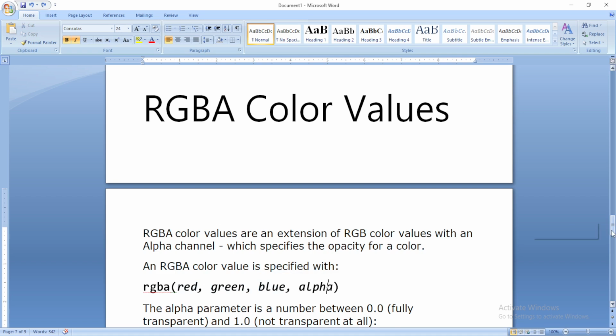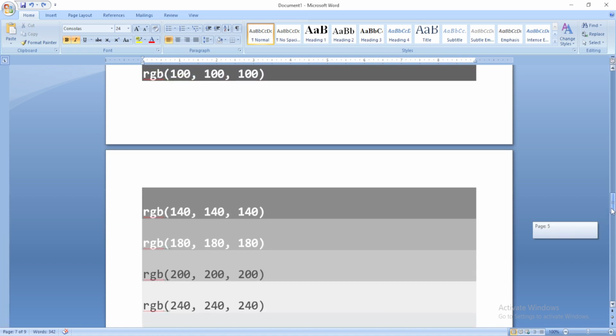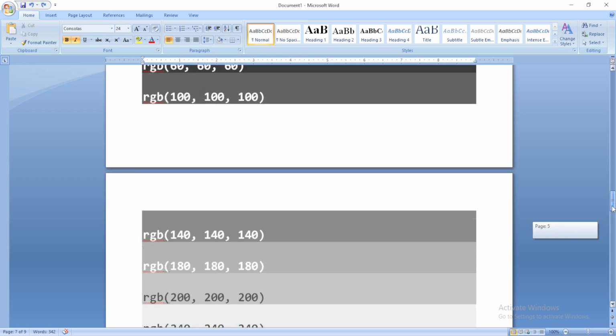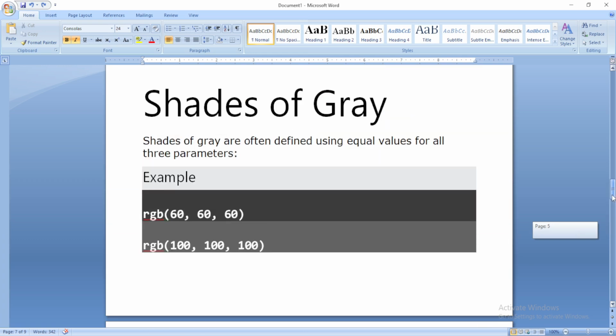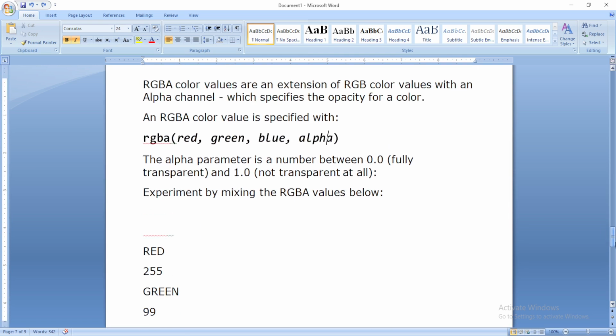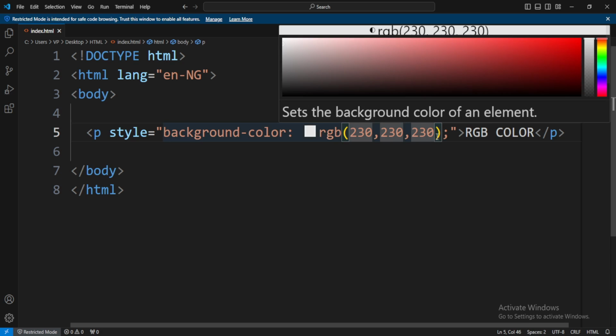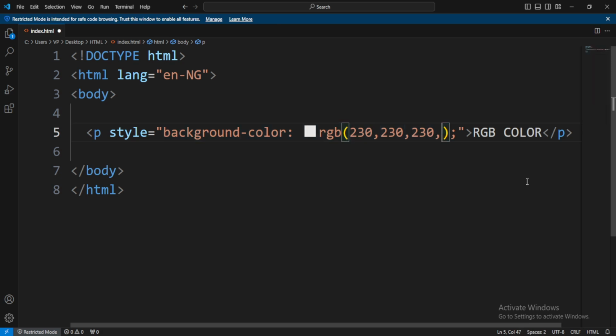So when you are specifying 4 values like that, you are going to detect the shades of gray. It's just like a shorthand for the opacity. So that's what I think it is. Let me show you how it works now. Let's say you add a comma and give it